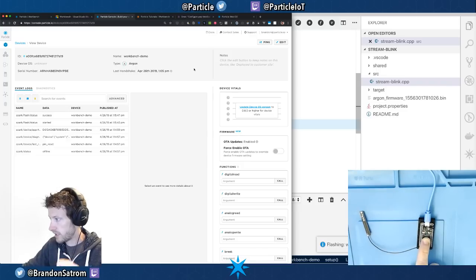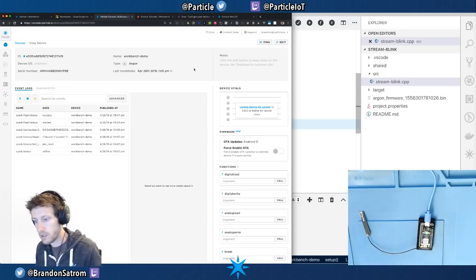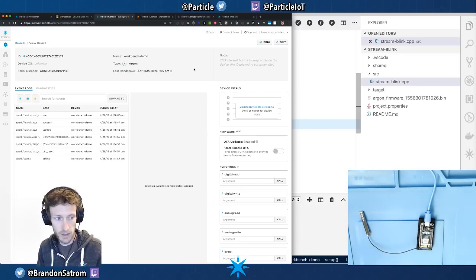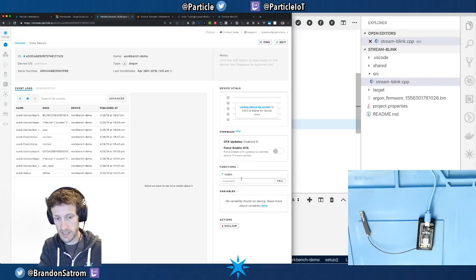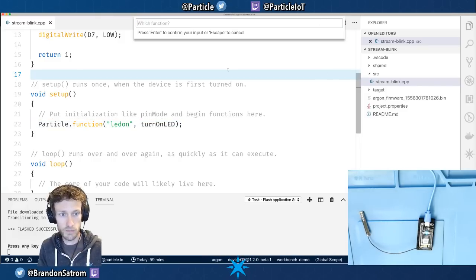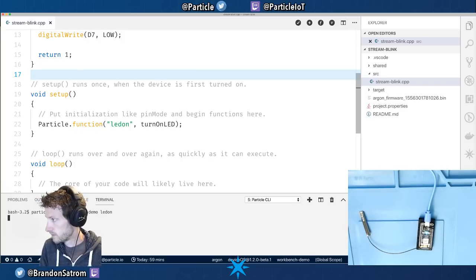This happened pretty quickly. I went to Magenta. Now the device is restarting. All of that stuff was taken care of for me. I didn't have to wait. It's done. That change happened. You'll notice it came online very quickly, and if I take a look at the functions on the device, I see I have an LED on function now as well. As I mentioned earlier, these buttons allow me to do those things. So I can call LED on. I will hit enter, and I have no argument here, but if it works,